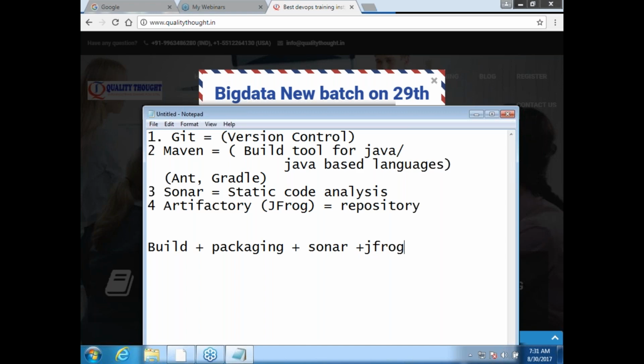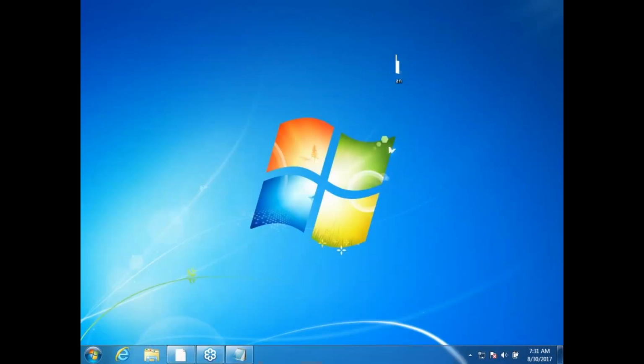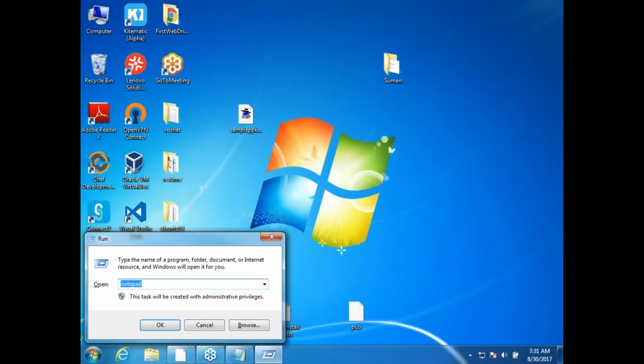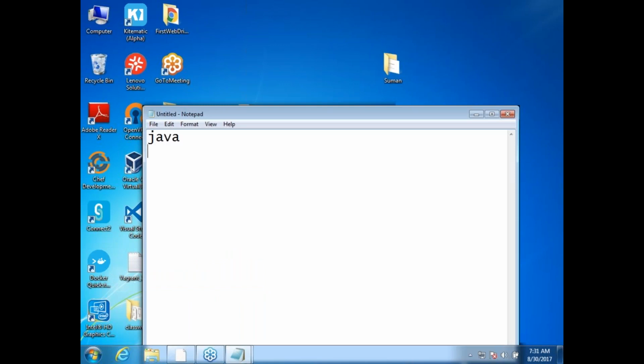So the first thing we need to learn is building and packaging. When we speak of Java, Java code is written in text files called .java. Then you do something called compile, and then what happens? Directly jar files will come out.